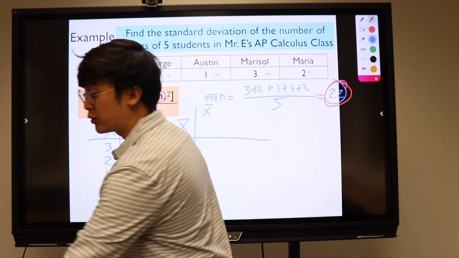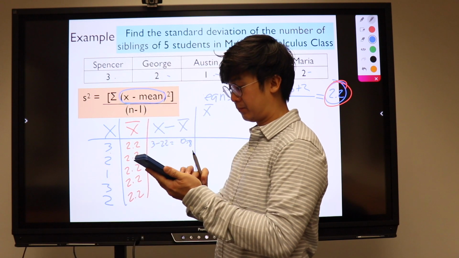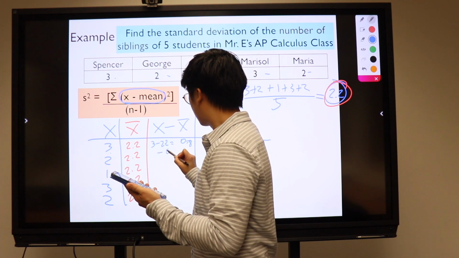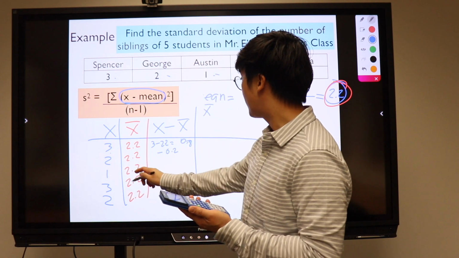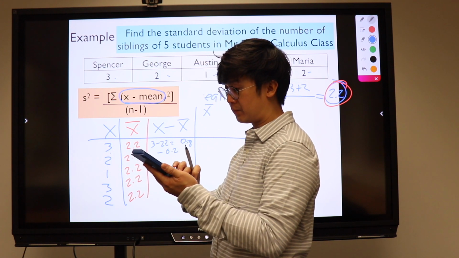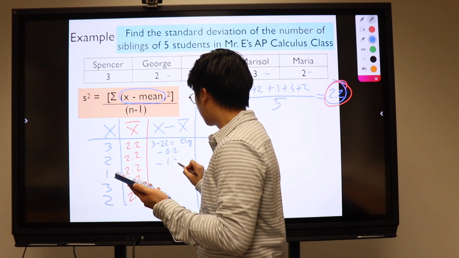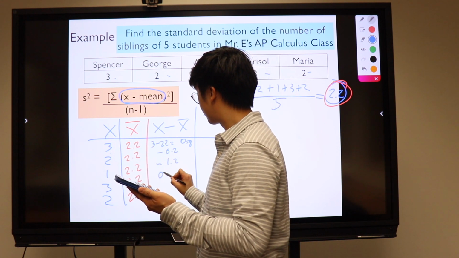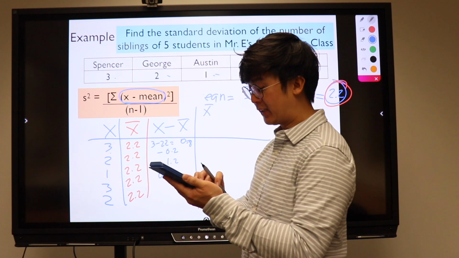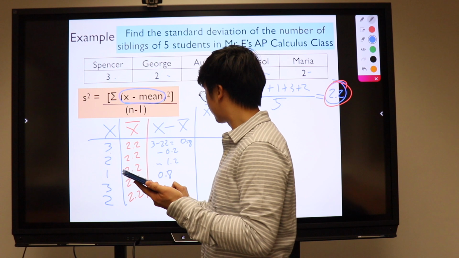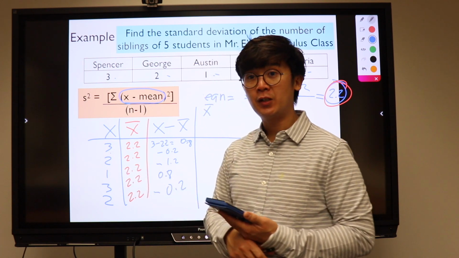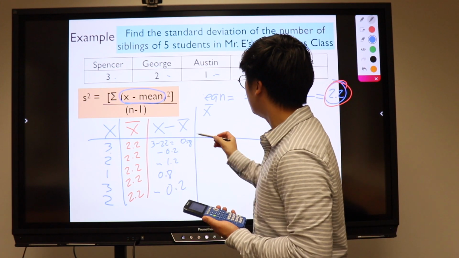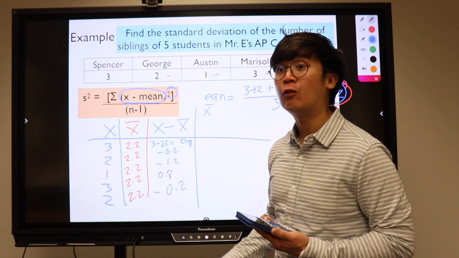What is 2 minus 2.2? 2 minus 2.2 is negative 0.2. What is 1 minus 2.2? Negative 1.2. 3 minus 2.2? 0.8. And 2 minus 2.2? Negative 0.2. So now that we have our third column, we're going to use the next column and square our